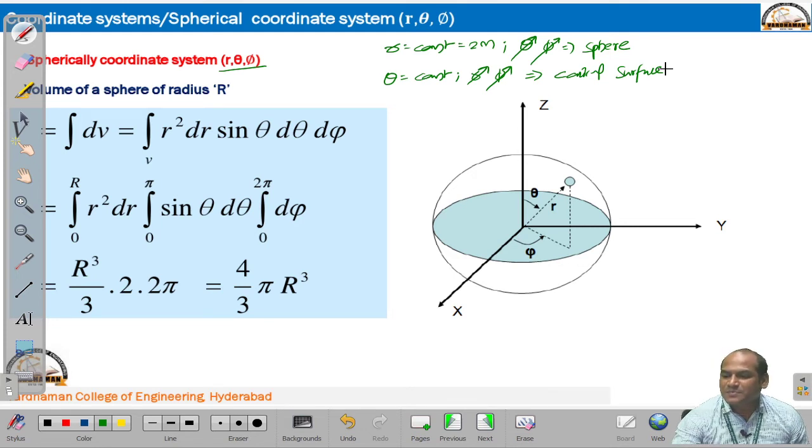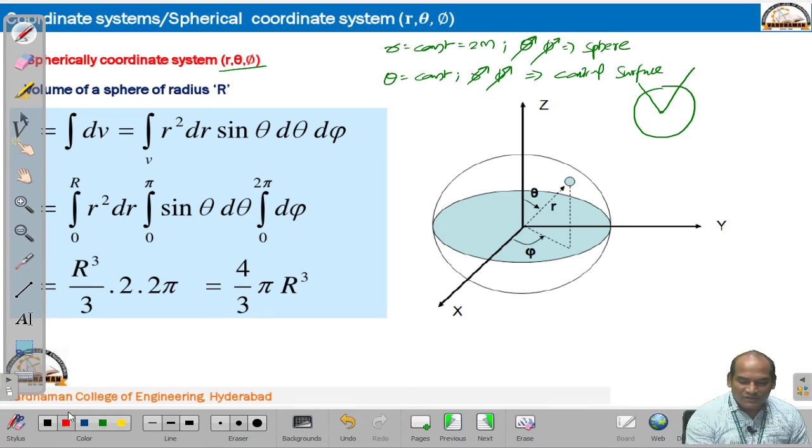That means the sphere will be intersected by this particular conical surface. Then you will be left with one circle like this. Now the point is available on that particular circular line. So we are approaching that particular point. Next, if I give the phi value without giving r and theta,